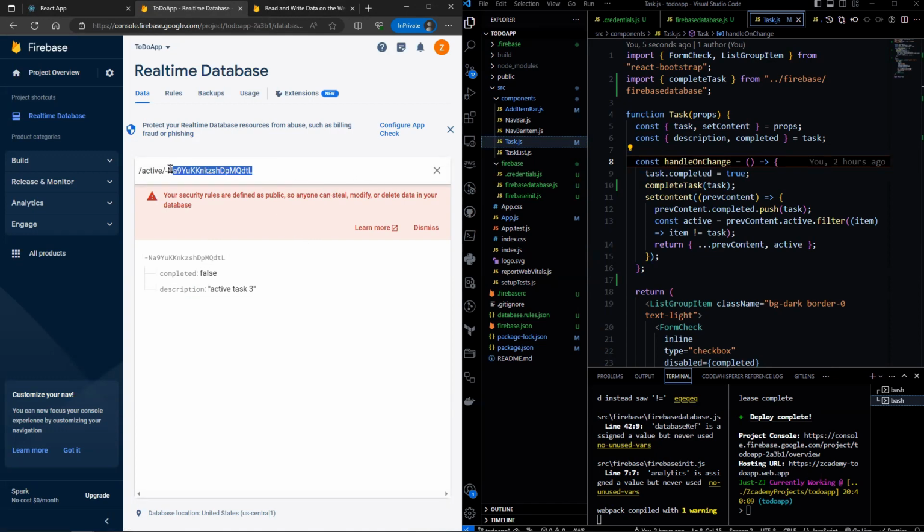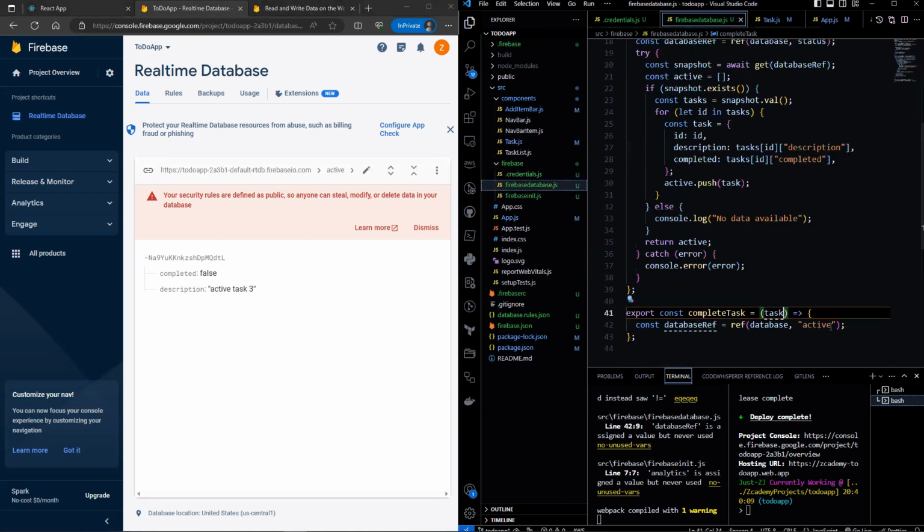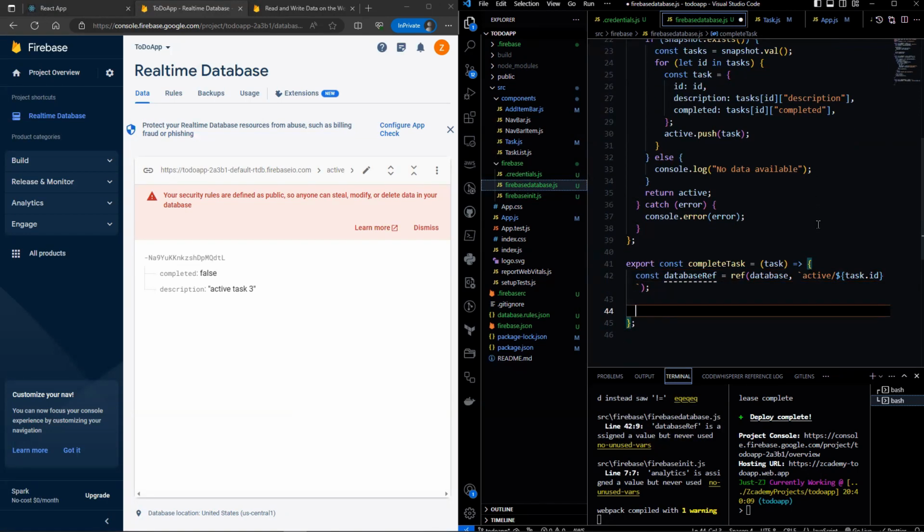Notice that the path here includes the task ID. So we will have to change this path to include that as well. Then we can use the remove function to remove this task from the database.